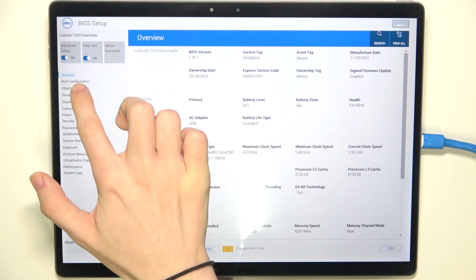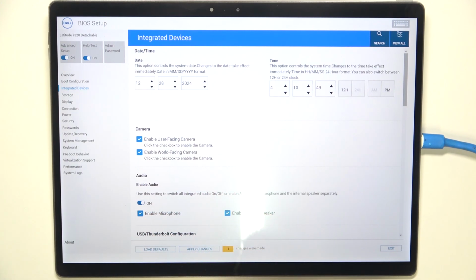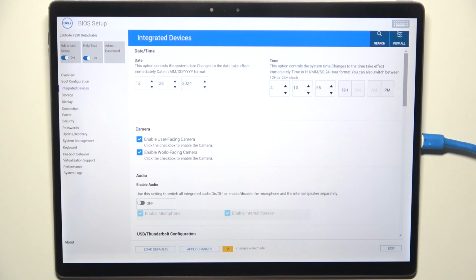Go to Integrated Devices and find audio. Now you can disable the whole integrated audio or enable it back again, and when it's enabled you can also just disable one of the options, so either the microphone or the internal speaker, like that. So you can adjust these settings based on your needs, and then remember to apply